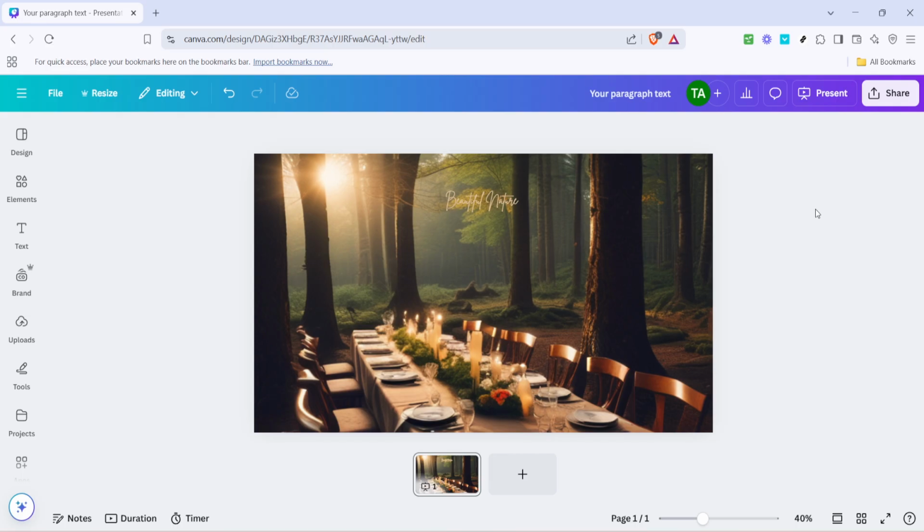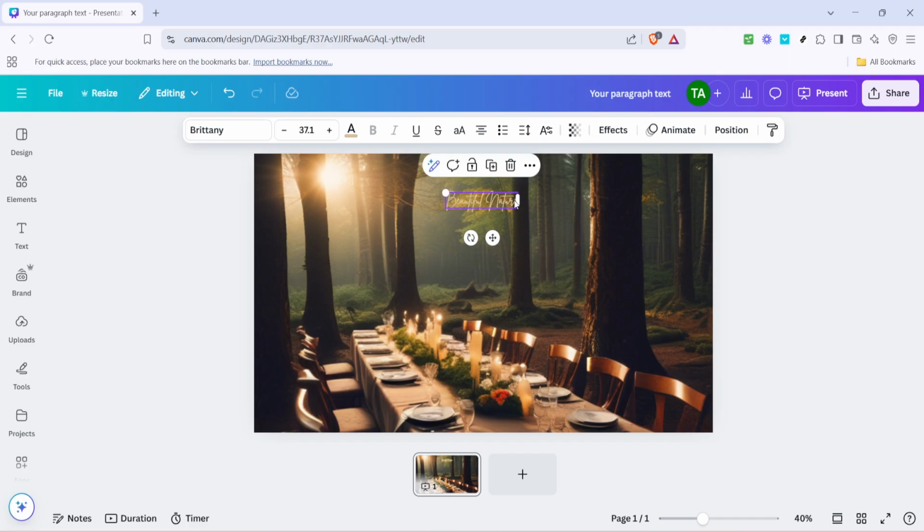Now focus on the design you've opened. The first step you'll want to take is to identify the text element you need to remove. Once you've spotted it, simply click on that piece of text. This action will highlight the text box, indicating that it's selected and ready for any editing you might need to do. If you've got several text boxes on the design, make sure you've clicked on the exact one you intend